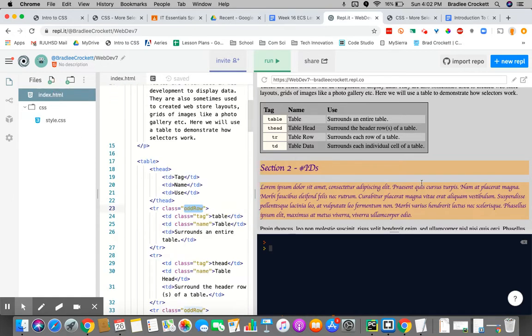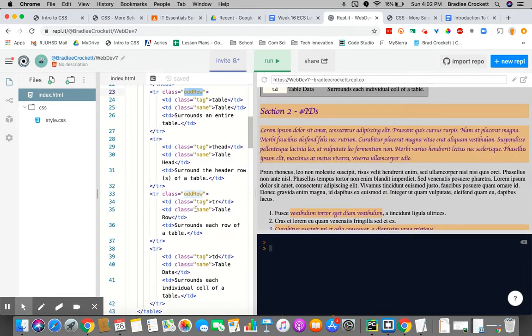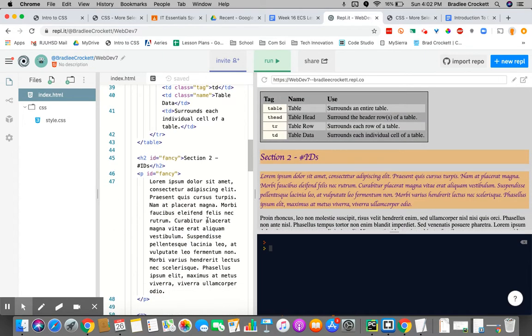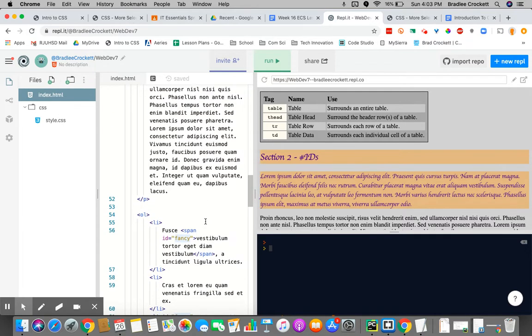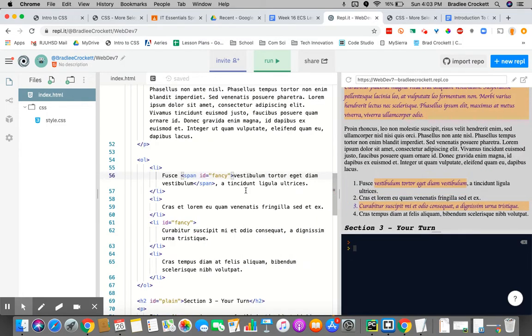The next thing that we're going to talk about is IDs. IDs are more specific. They will override any classes that you have. So down here in the second section, I talked about IDs, and I gave these an ID of fancy. I've given an H2 element an ID of fancy. I've given a paragraph an ID of fancy, and inside this list, I used a span tag to say, okay,